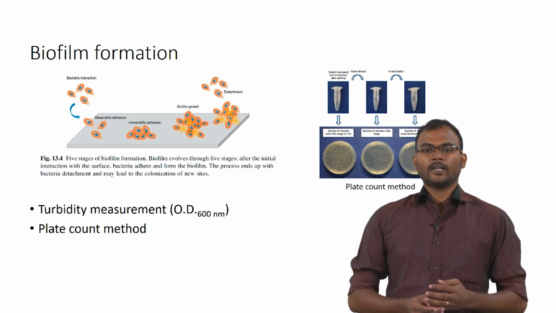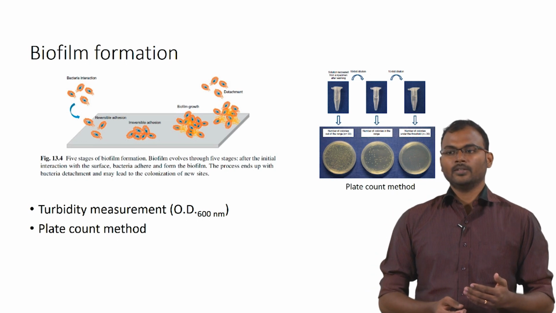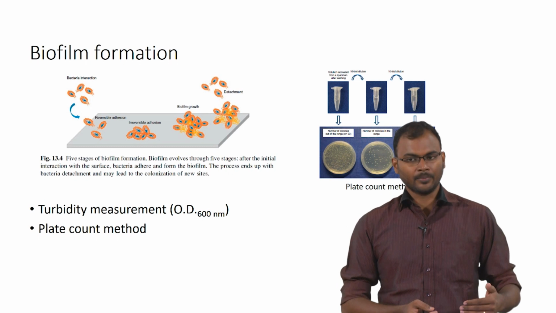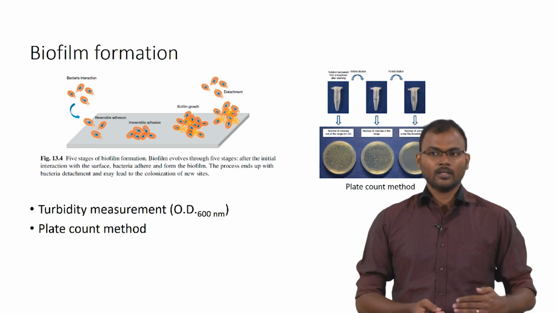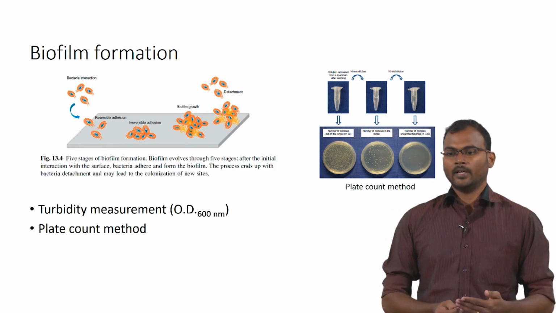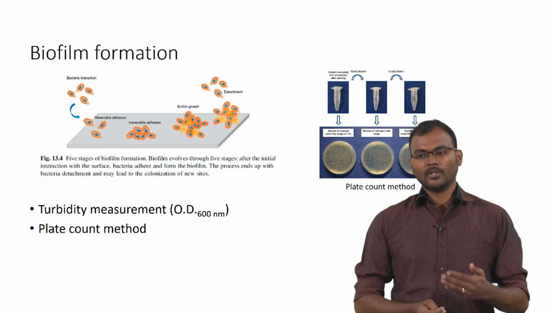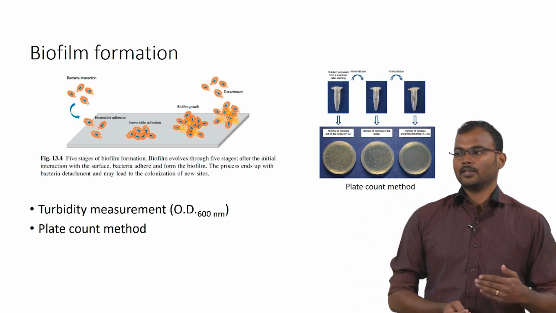So, coming to the plate count method, where you estimate the amount of bacteria adhered using colony forming units. The procedure is similar to the turbidimetry measurement. In the plate count method, you inoculate your sample with the bacteria, take out the sample, and wash off the biofilm using a solubilizing solution.